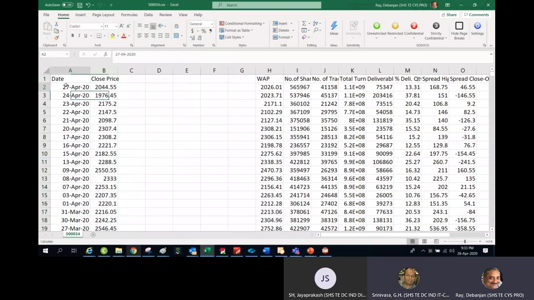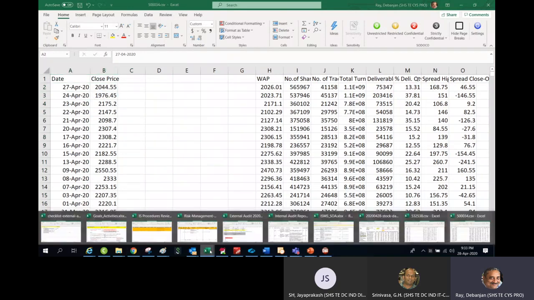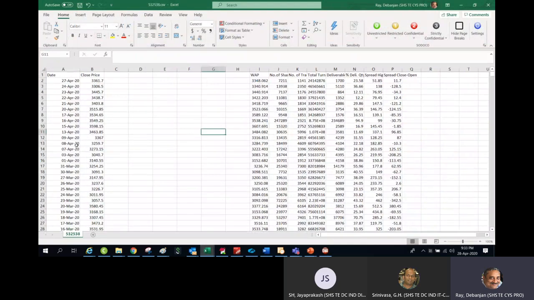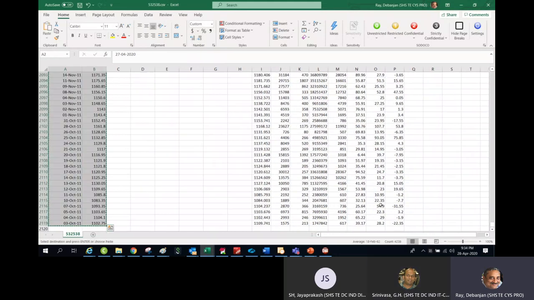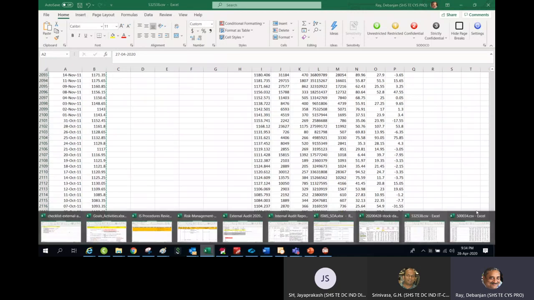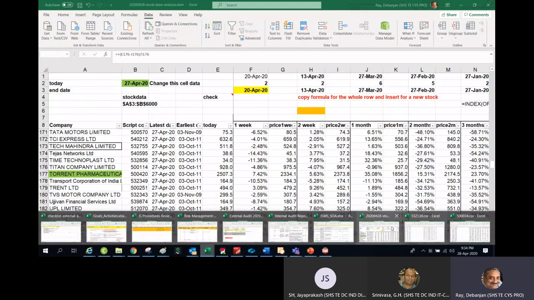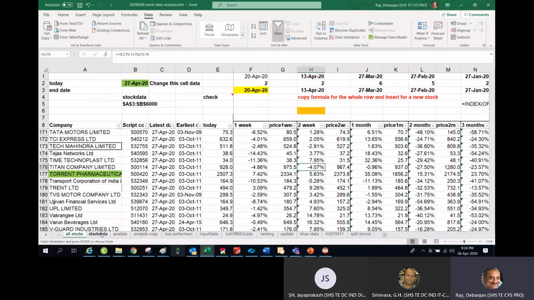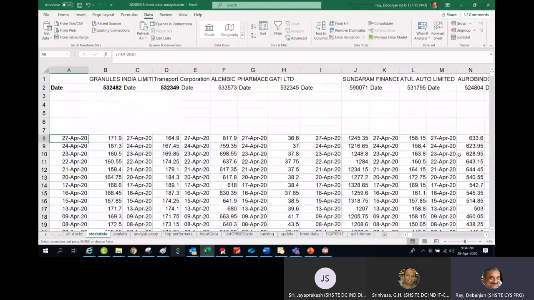Now I can just copy the whole thing and put it in my Excel sheet. Right now I am not doing that because I started with Ultratech Cement. So for Ultratech Cement, I copy the whole data and then I will put it in my stock data, totally at the end.